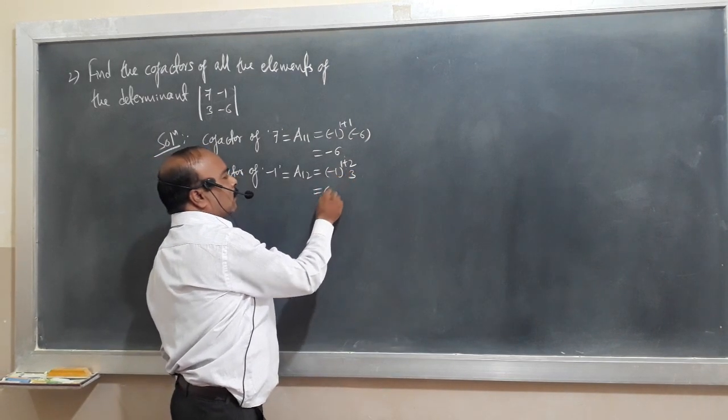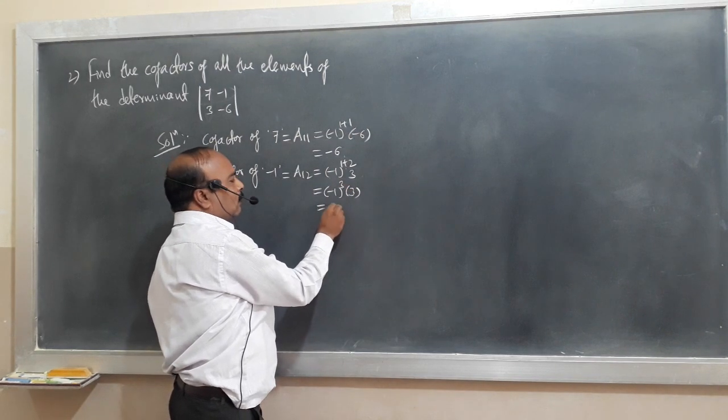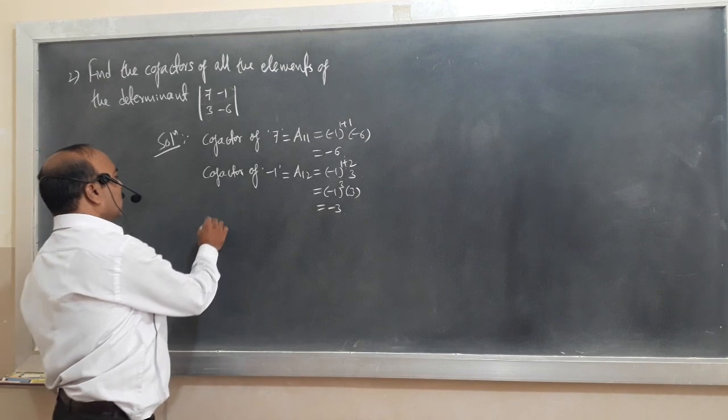It is minus 1 cube into 3. Minus 1 cube is minus 1. Minus 1 into 3 is minus 3. Next,